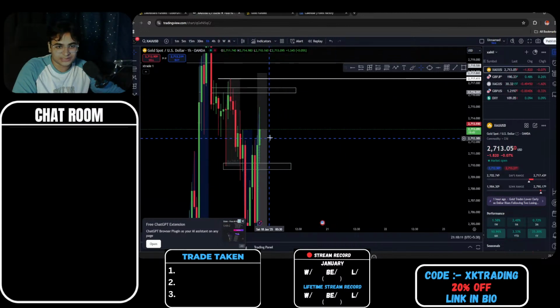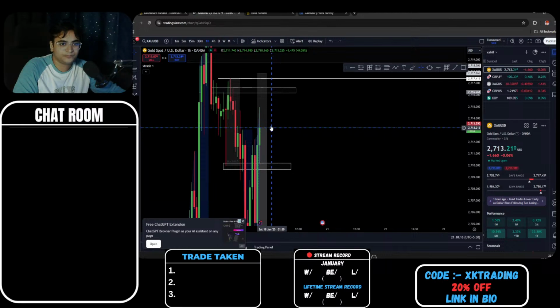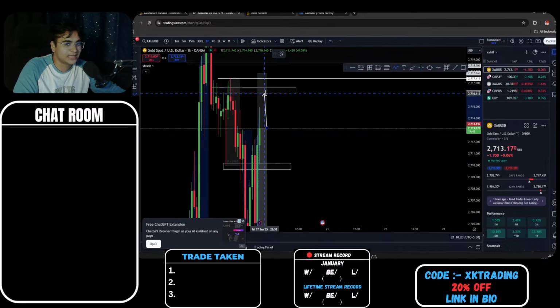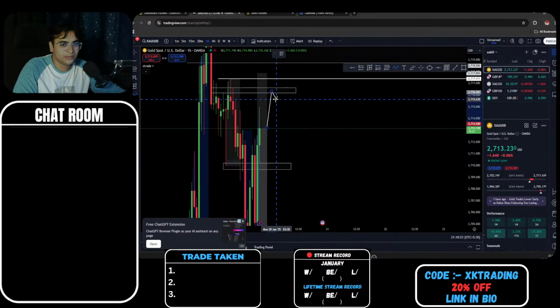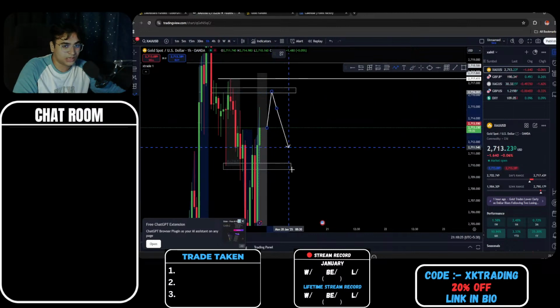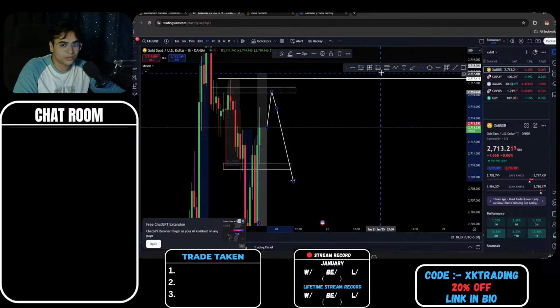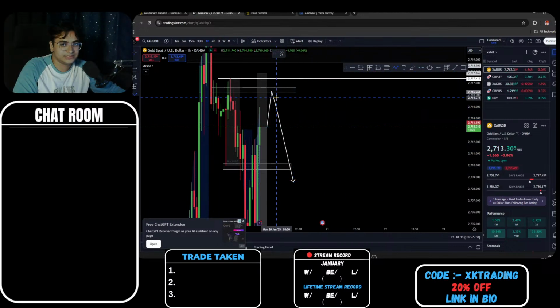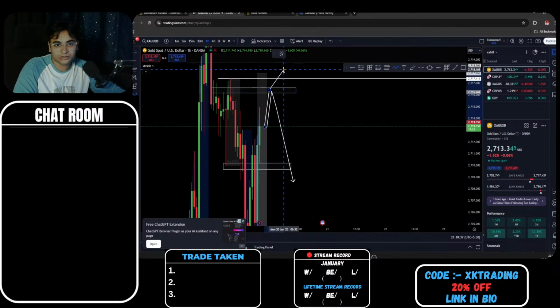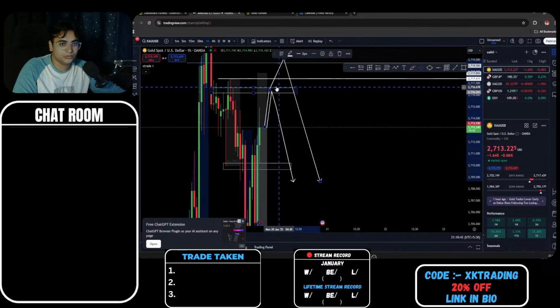Because what price can do basically, when the next 1 hour candle opens up, assuming it closes around these areas, then we're going to tap into this zone, breaking the high of this candle. Once we tap here, we might reject and go down. That is one probability, and there's a second probability when we tap here. We might just keep pushing till the zones we have around 719 or so, and then move down. But we will have rejection in between those areas.